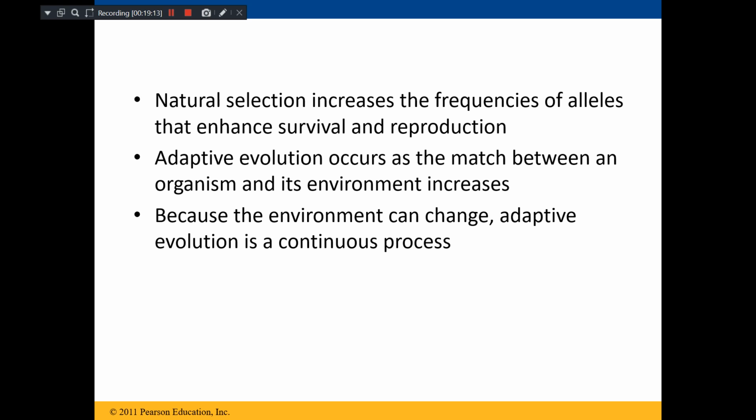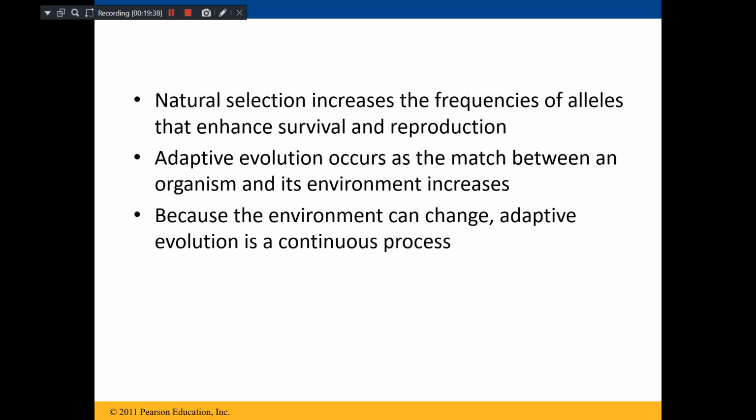Suppose the intimacy between the organism and environment is more. If an organism is closely associated with the environment, the intimacy will be more and adaptive evolution can happen